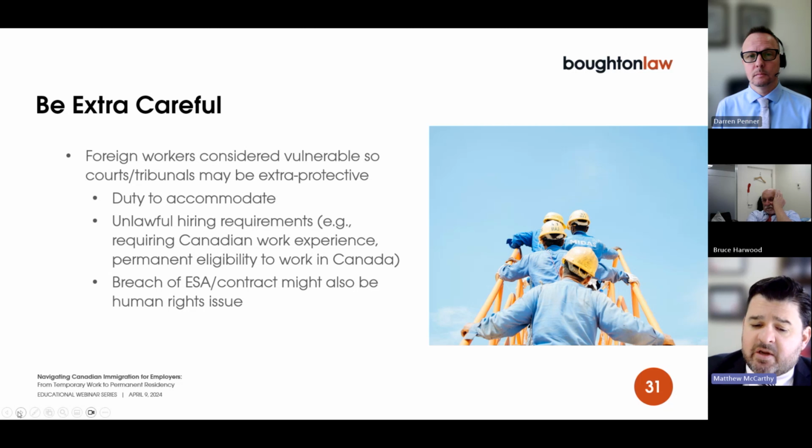And lastly, I'll comment that you have to be very careful when performance managing or terminating foreign workers whose immigration status is vulnerable. If that immigration status is vulnerable, this can open the door to potential bad faith or punitive damages allegations. Essentially, the employee can say, you're terminating me, and these are all the nasty effects it could have upon me that are much greater than they might have on a regular employee. So if you're going to performance manage or terminate employees in this situation, again, we suggest that you obtain legal advice before you act. And I'm going to pass it now back to Darren for his final section.